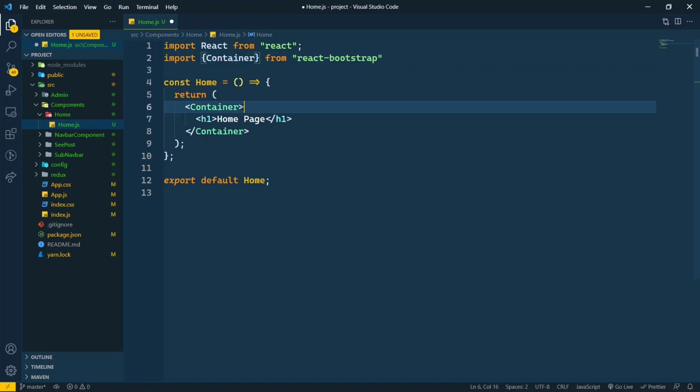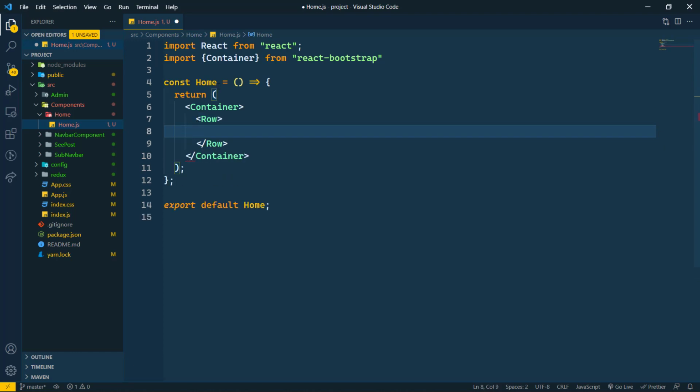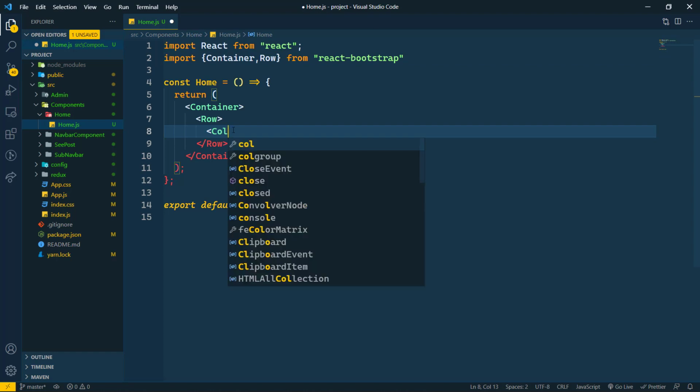We have to import Container here, and it will not be fluid, so let's keep it as it is. Now we are importing Row also from React Bootstrap. Then we need the column, so we will also import Col from React Bootstrap.